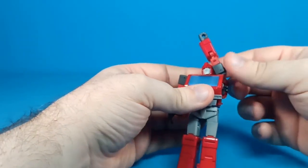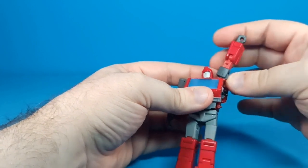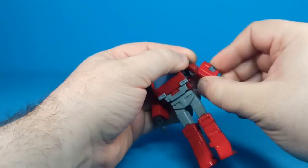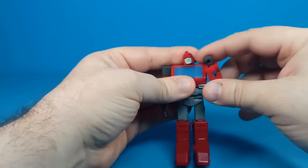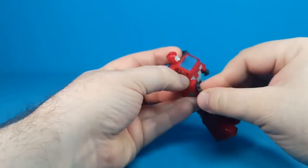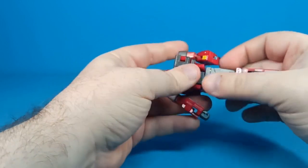That's really a transformation joint, but it doesn't transform out this way, so that's more for posability, I would say. It's a dual-purpose joint. That's what I'm just going to go with. He's got a bicep swivel here, a double-jointed elbow for the full bend. He's got a hinge here at the wrist. If you have his other hands in, the open palm hands, then he's also got a little flippy flap joint there. He has an ab crunch,